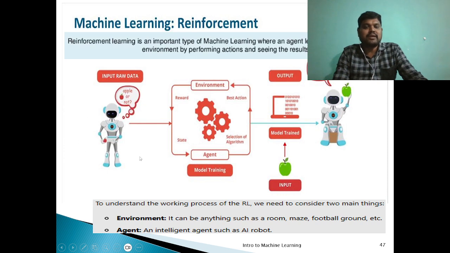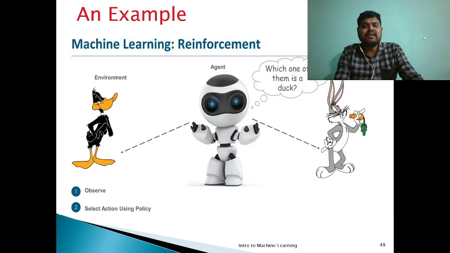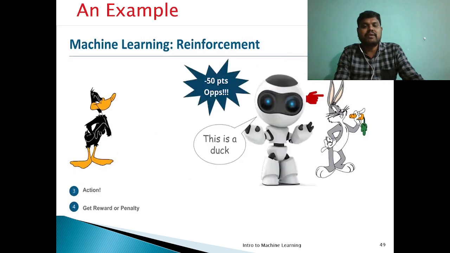So the input data is being given to the machine learning model, right? It will predict based on the training, right? And on the environment, it will predict whether it is an apple or not, right? If the prediction is correct, then the agent should be rewarded, right?